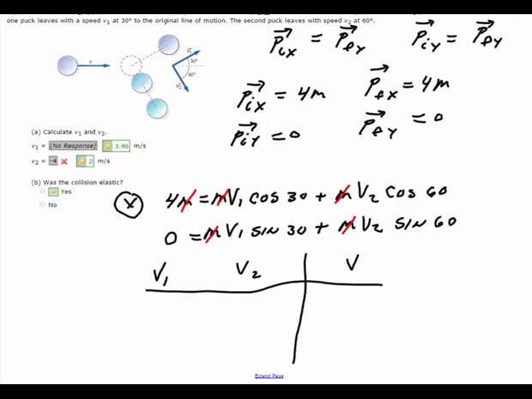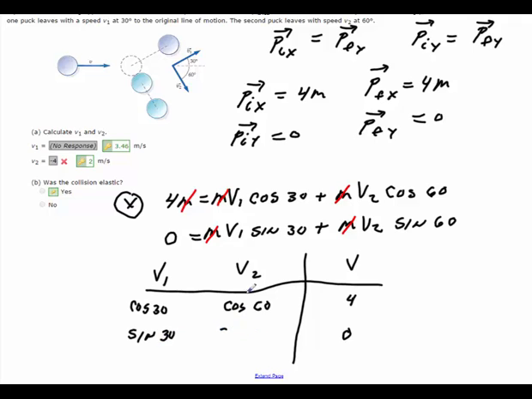My leading coefficient with V1 is going to be the cosine of 30, V2 cosine 60, this one will be 4, this will be 0, this will be sine 30,